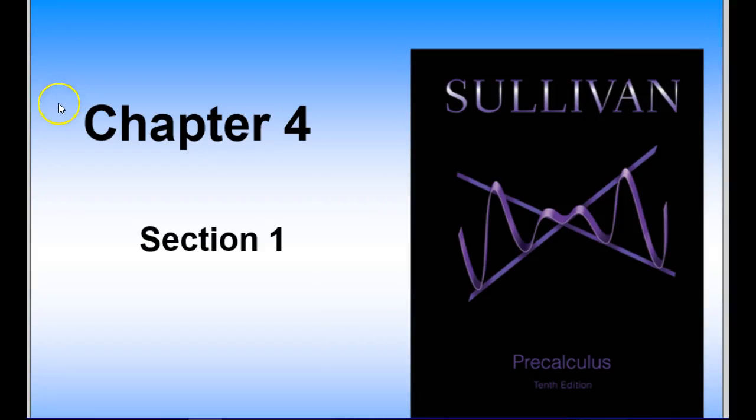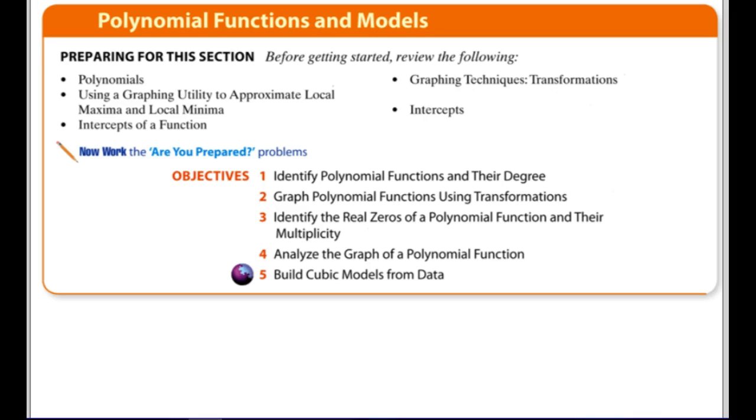All right, here we're looking at the beginning of Chapter 4, and we're going to start with Section 1. So our learning targets for today, first we're going to identify polynomial functions. And here in this whole unit, we're really getting into polynomials and rational functions. So we're going to look at those polynomial functions and their degree, and then we're going to graph them using